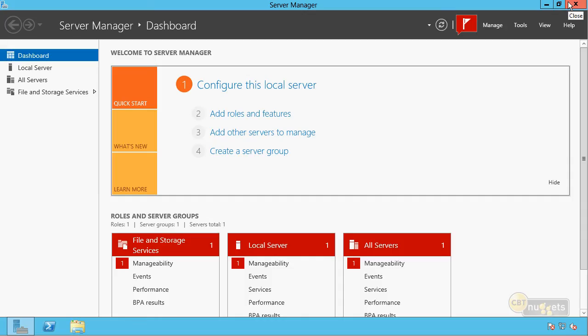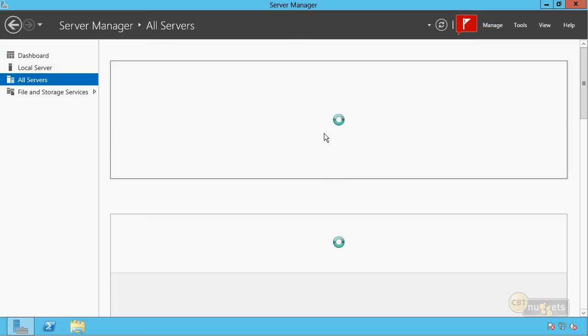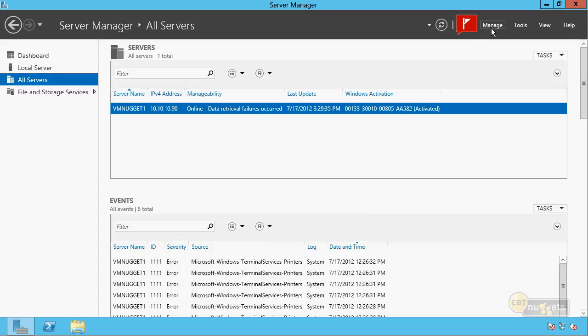All right, now in order to install the Windows Server Migration Tools, we can do this a few different ways. We could go to where we are right now at the dashboard. Notice that Server Manager now starts in a dashboard view. And then we could click on Add Roles and Features. There's a number of different ways to get to that, by the way. We could also click up here at Manage and choose Add Roles and Features, which is handy if we happen to be in some other part of the UI where that's not easily exposed.